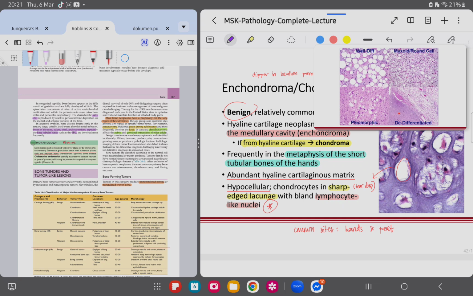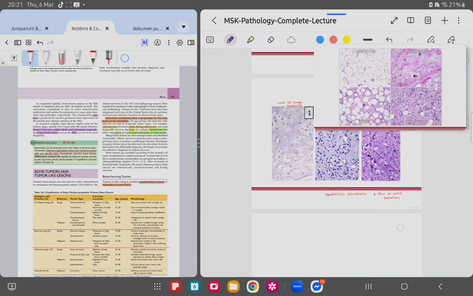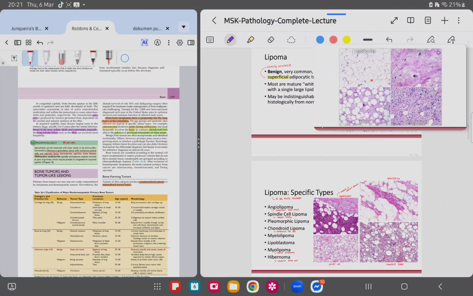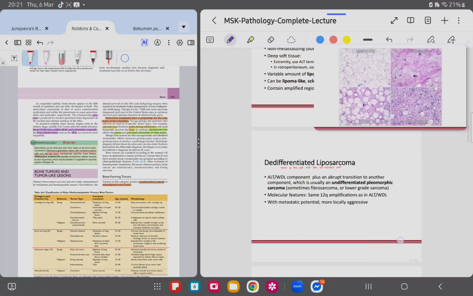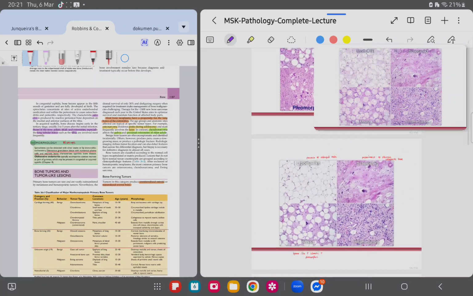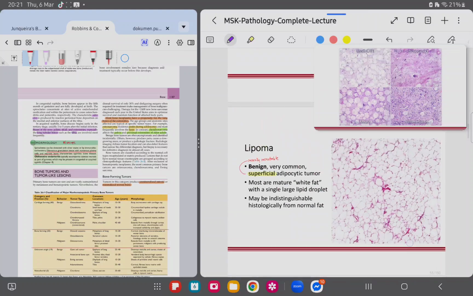Okay, let's move on to the next set of entities. Actually, these are additional examples of liposarcoma. Sometimes the atypical stromal cells are not very distinct and you have a lipoma-like liposarcoma. The clue here is that unlike your run-of-the-mill lipoma, so let's go back to the previous slide, you really do not see the nuclei in your straightforward lipoma, but in your lipoma-like liposarcoma, there are hyperchromatic foci, and that will be your atypical stromal cells.